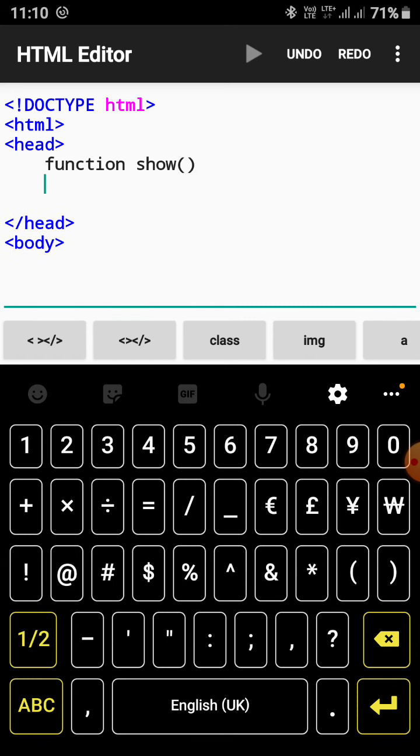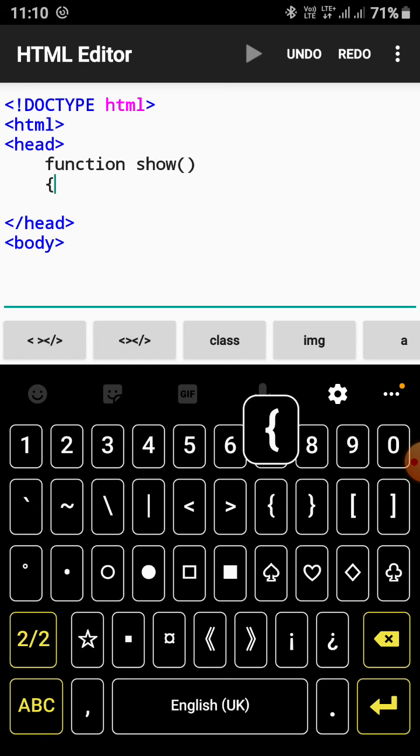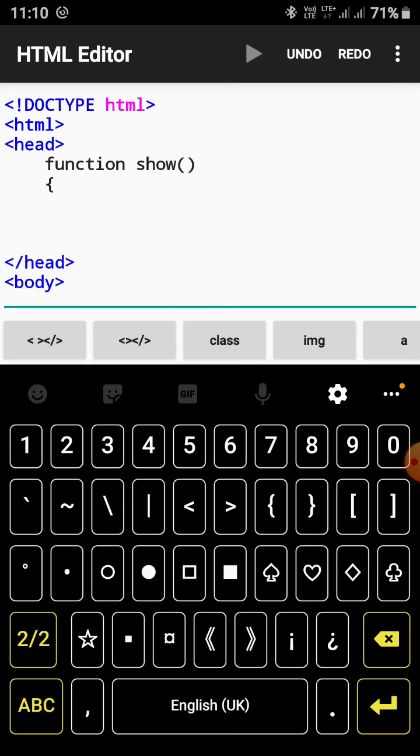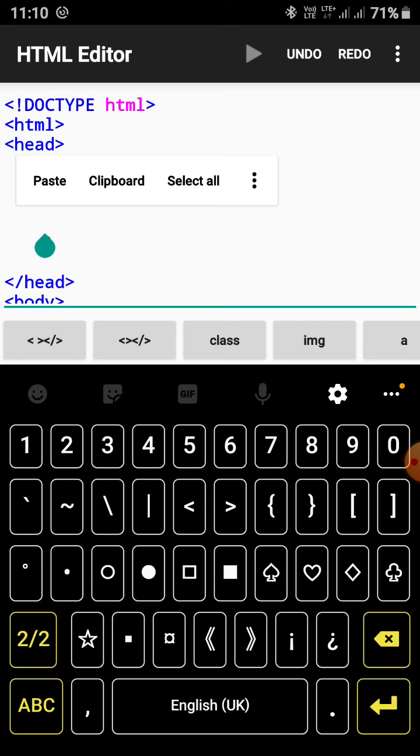Just like that, a JavaScript program also has a curly bracket, starts with a curly bracket and ends with a curly bracket. Whatever coding you need to write, you have to write within this function, or within these curly braces, students. Now the question is, what is the statement, or how can we print a statement in JavaScript? In Java it was